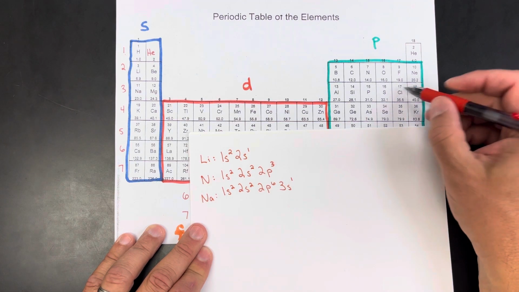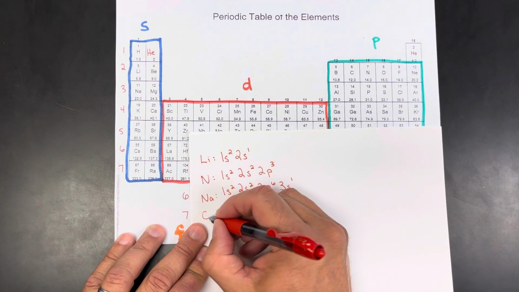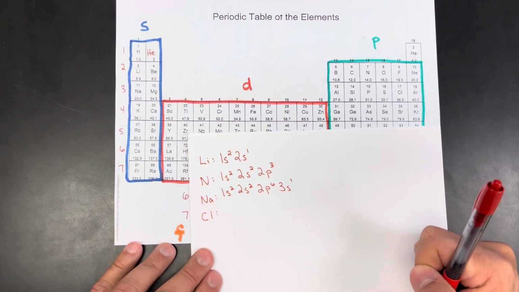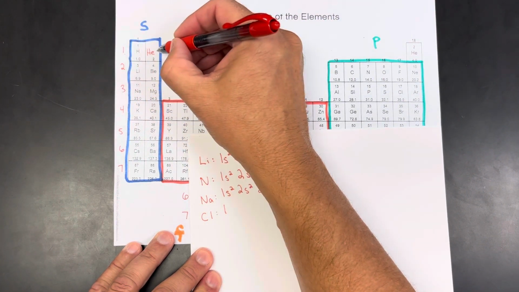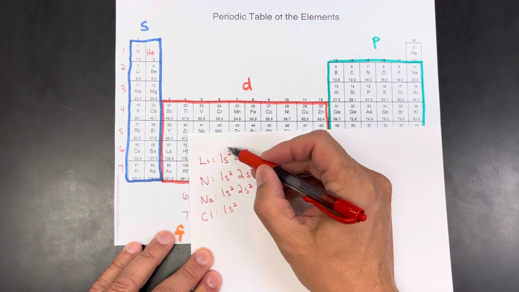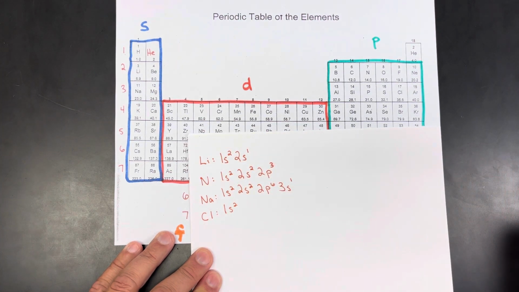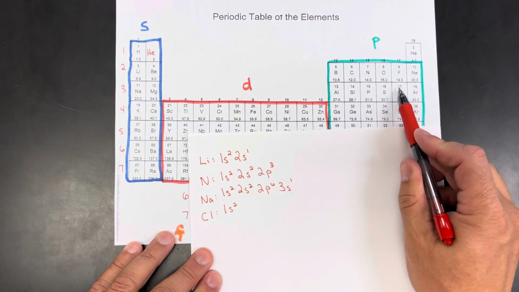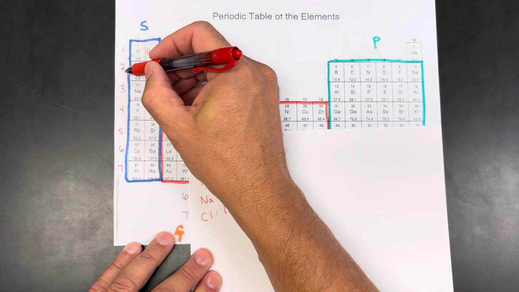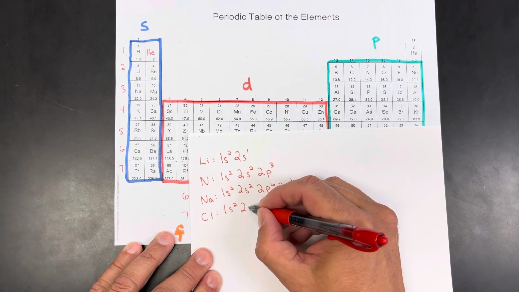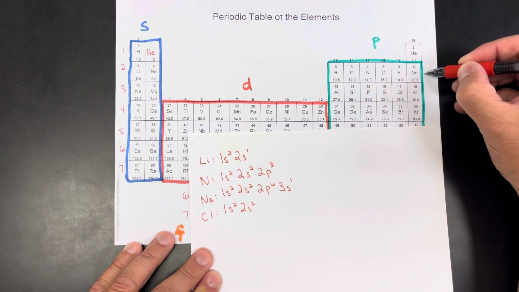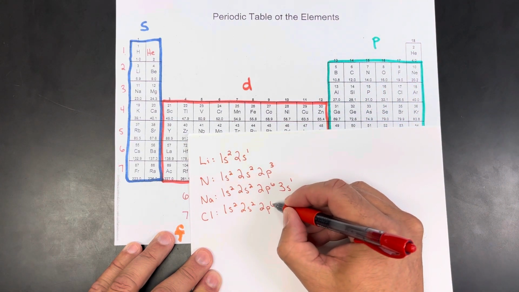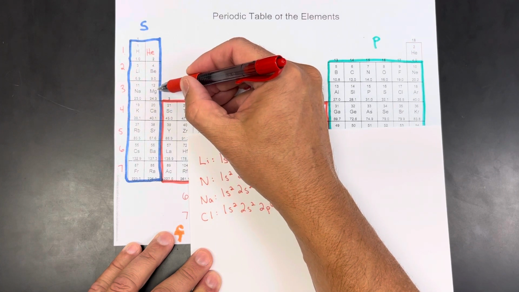Let's say we want to do something like chlorine here. So we want to stop in the middle. So for doing chlorine, I'm going to start with row number 1. We're going to go all the way through. So it's 1s2, and you can see all of these begin with 1s2 if there's more than 2 electrons, okay? But we're going to go all the way to chlorine, which has 17 electrons. So it's going to be 2s2, 2p6, 3s2,